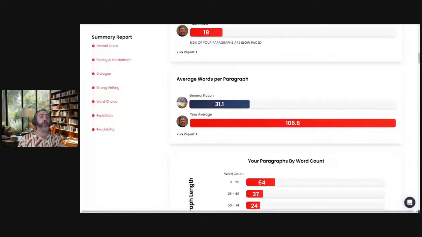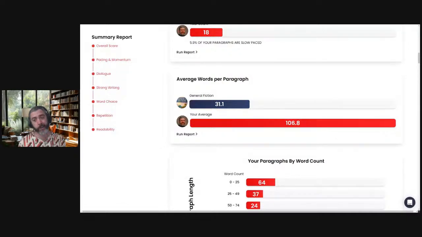If you were to change these numbers or change who you're comparing against, it will change the numbers, right? If all of a sudden I switched The Time Machine, I said I'm comparing to George R. R. Martin, it's not going to look as weird in terms of my average words per paragraph because he uses a lot more. And so what we generally recommend is for you to think about it from that standpoint. Think about, I want the kind of readers who like to read X, or I want my work to sound like X, right? I want it to be more similar to that. That's what the summary report and what these other reports I'm about to show you are the best at.